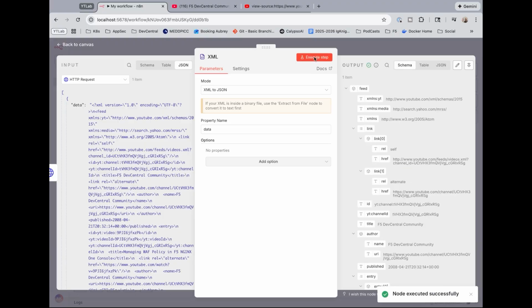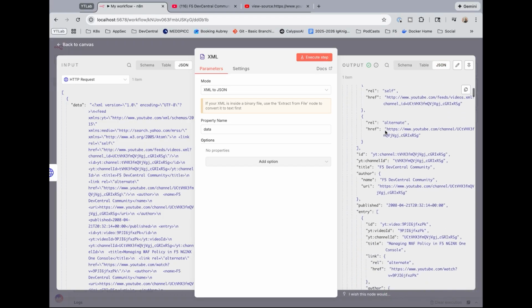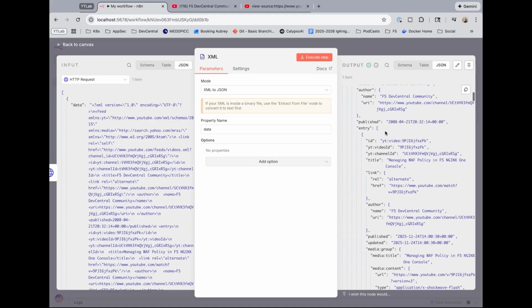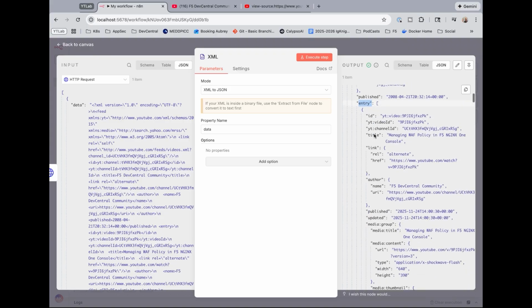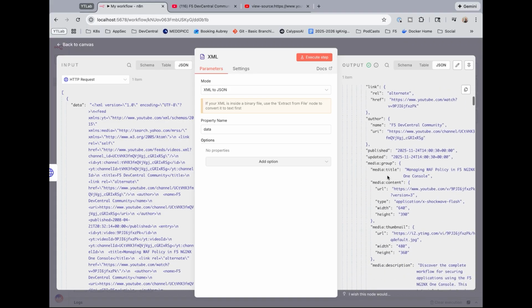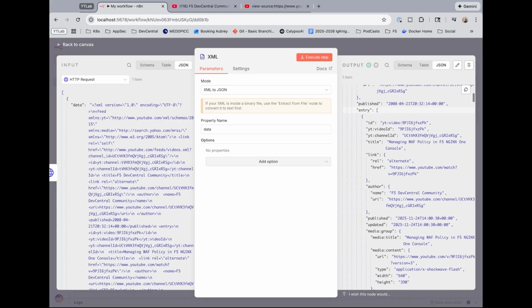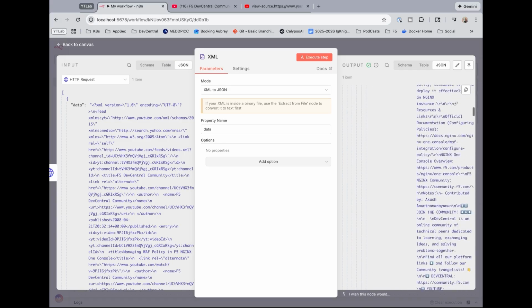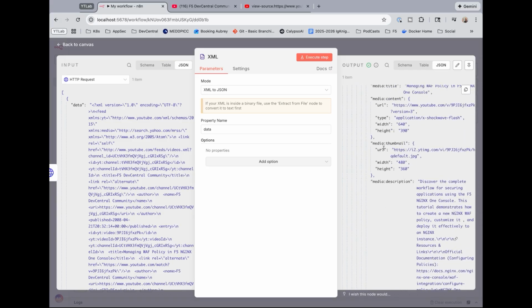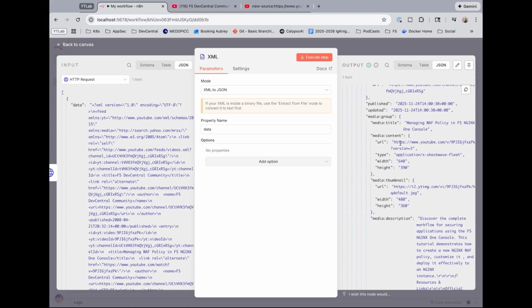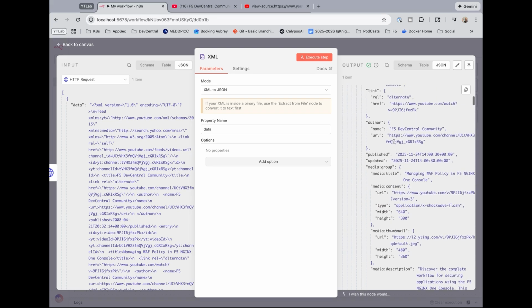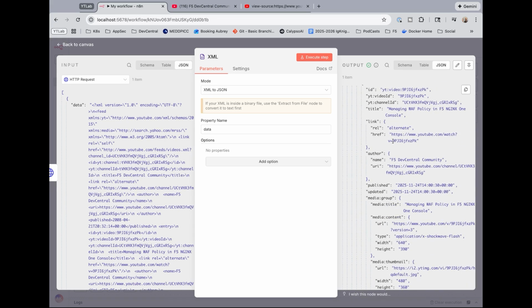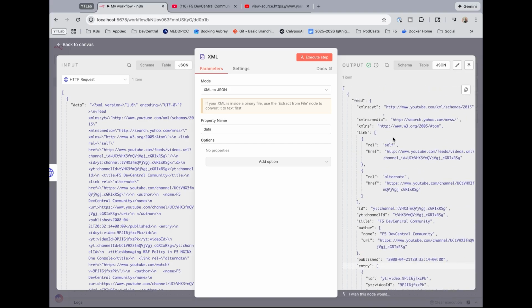Execute the step and ta-da, we have a whole bunch of results. Let's look at this in JSON format, right? So this should be very familiar. We can see that there's a main array called entry that has various entries in it. We've got entry 0 and entry 1. In here we have things like media description, the thumbnail locations, the actual content location for the video itself, titles. All these things are things that we want to extract from this feed and use to build our mailing